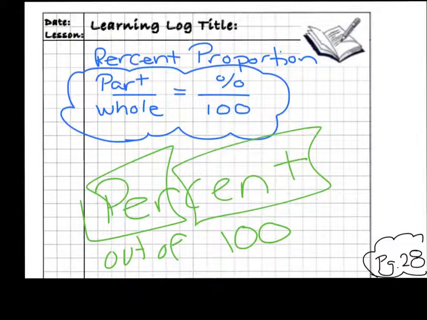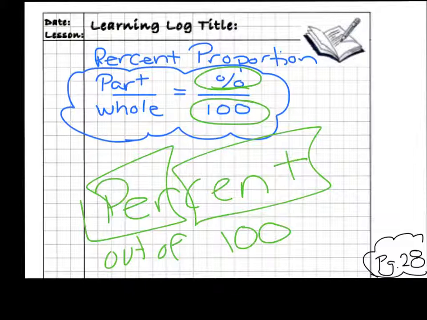So if you look at your proportion here, in the bottom, it's always going to be 100. So on the top is your percent. Whatever percent the problem is talking about, that number always goes over 100 because that's what a percent is. It's out of 100. Okay, and so then since the number out of 100, that is our part to whole,